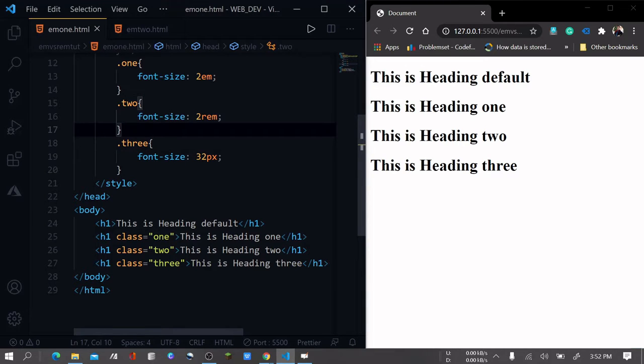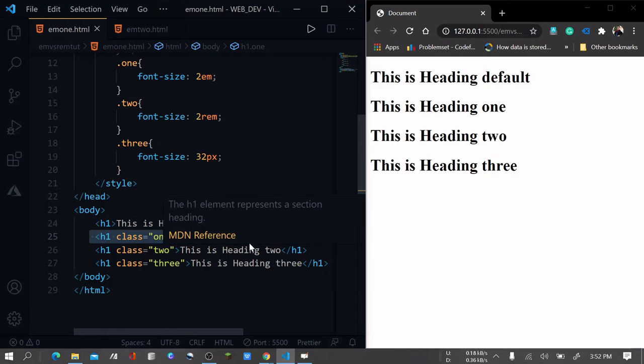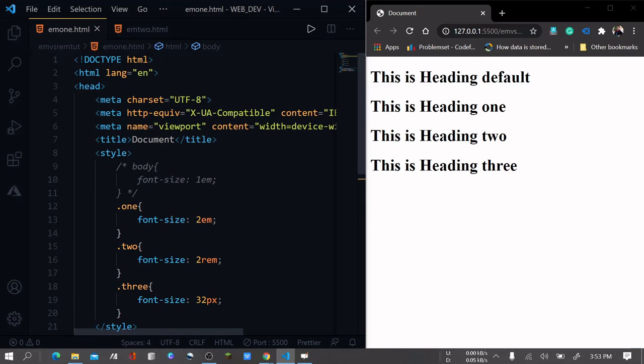First thing, EM is basically the size of font according to the parent. If you look at the class 1 heading, the parent of the class 1 heading is body. As of now I didn't set the font size of body, so it will go to the HTML document.